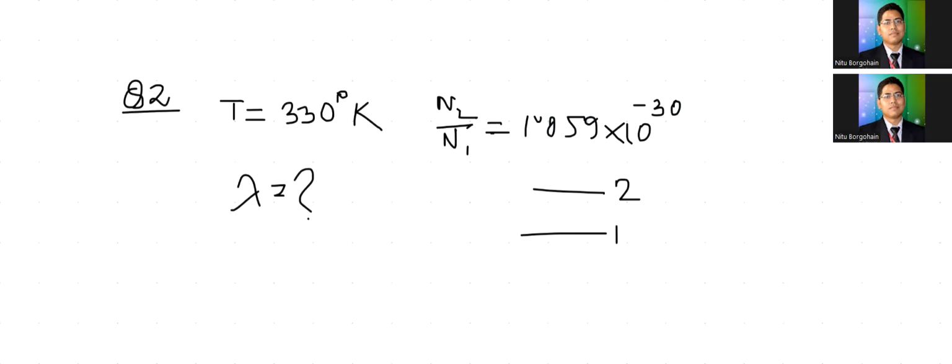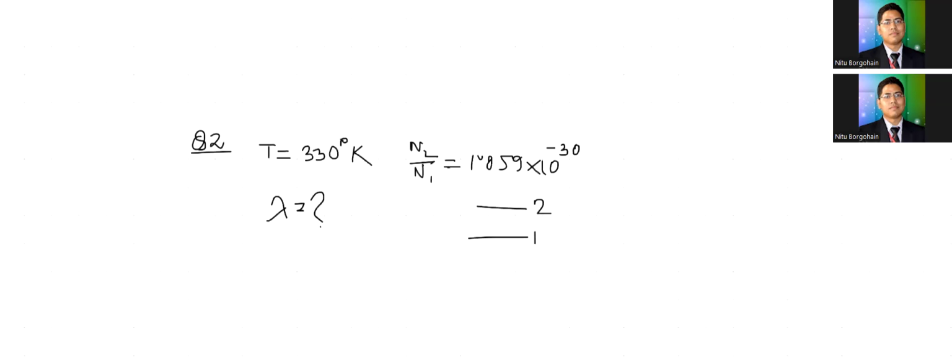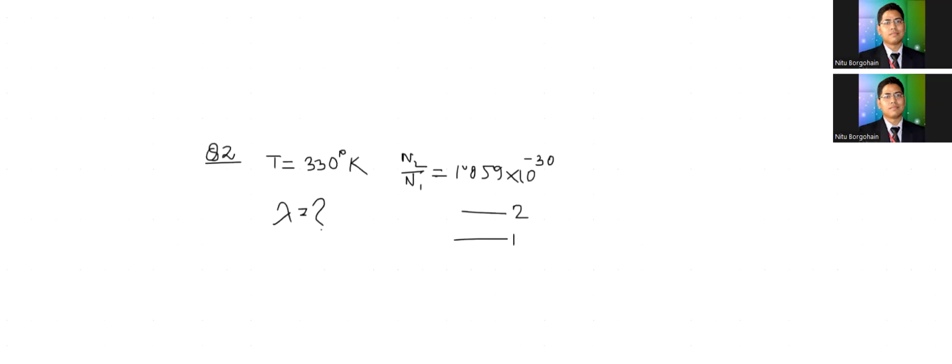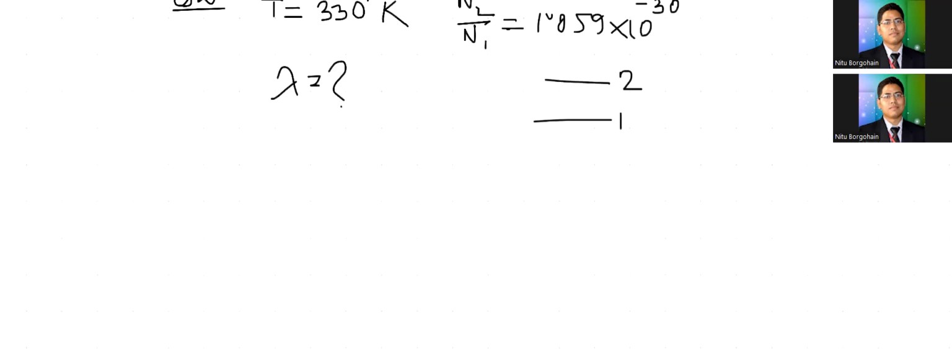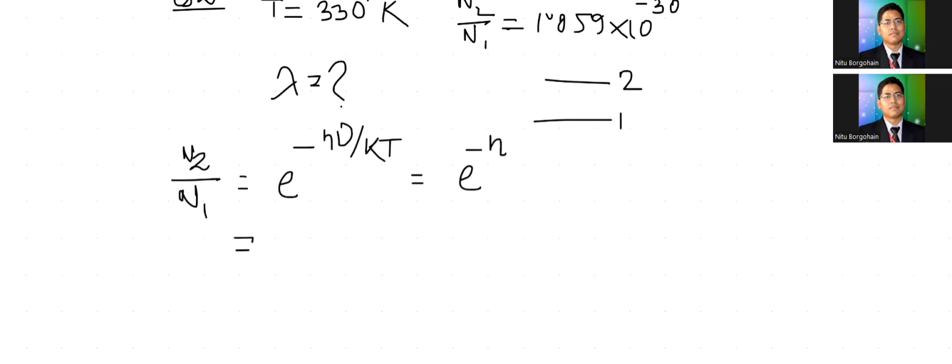Okay. Now how can we solve it? You can solve it by taking the same Boltzmann relation, N2 by N1 is exponential minus h nu by kT. Okay, so that is equal to exponential minus hc by lambda kT. Okay, so that is equal to